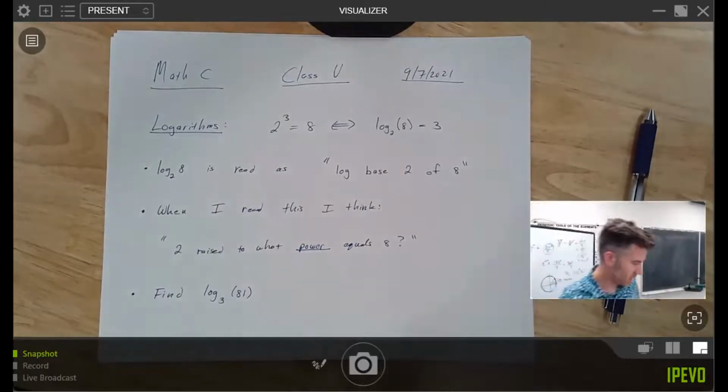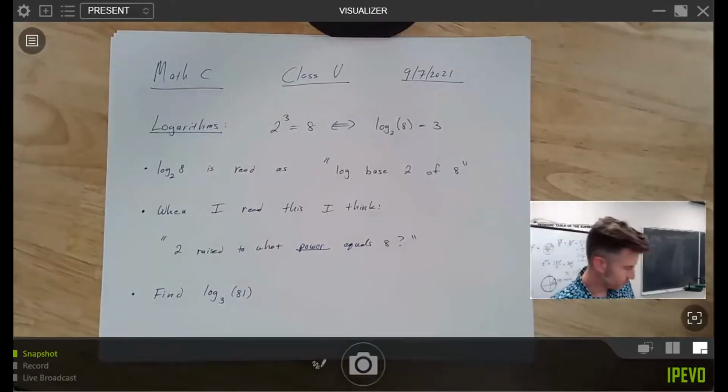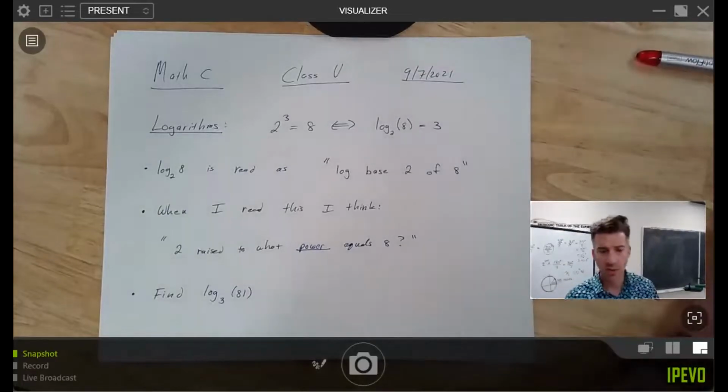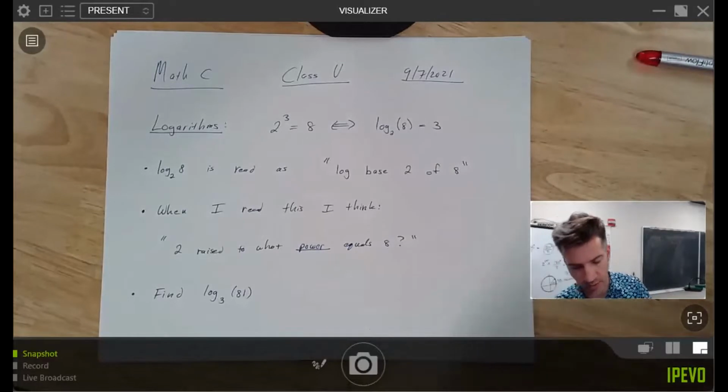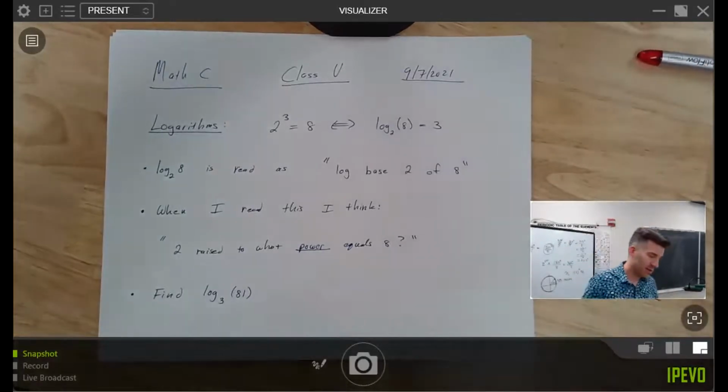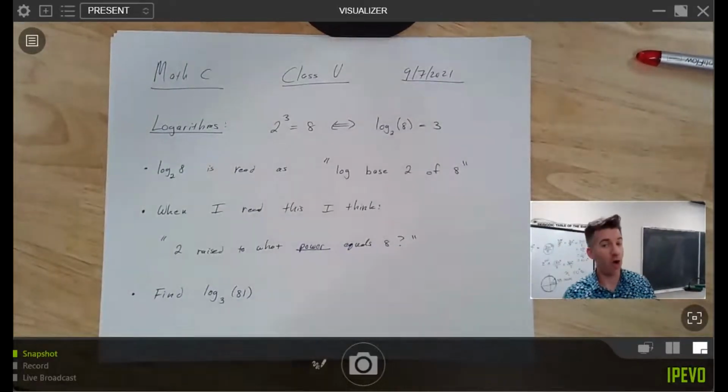So let us talk about logarithms. Mostly we're going to be talking about how to graph them, but it still does require a little bit of buildup. So the logarithm equation I always think of when I am thinking of how a logarithm works is the